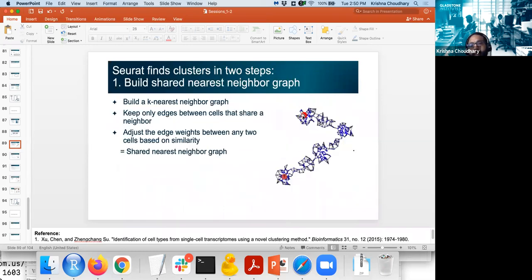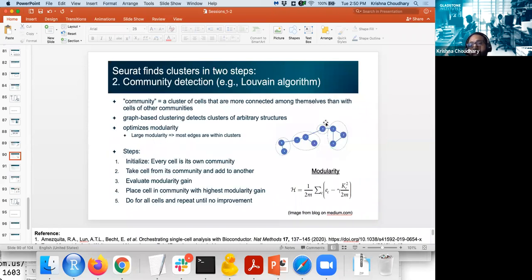So for example, here, let's say there are lots of edges within cells in this region, and there are only a few links with this next region. So maybe this is one community and we can call it one cluster. And there is another cluster. So first you build the graph, and then on the graph, you do what is called modularity optimization. Again, there is an optimization routine where